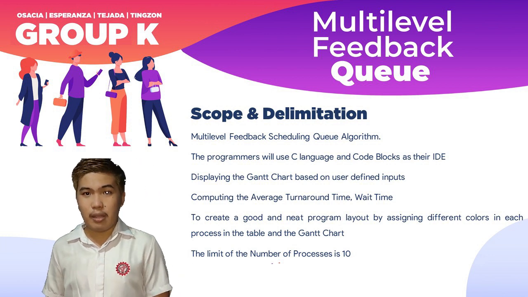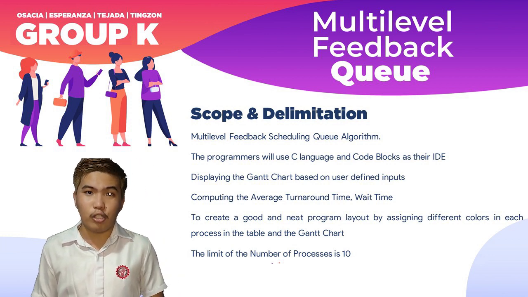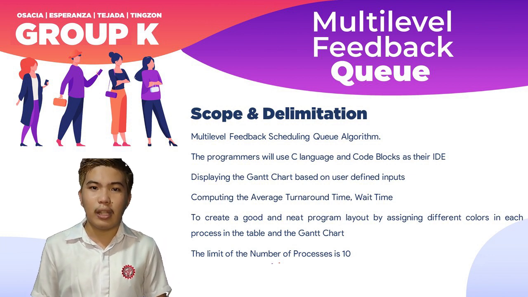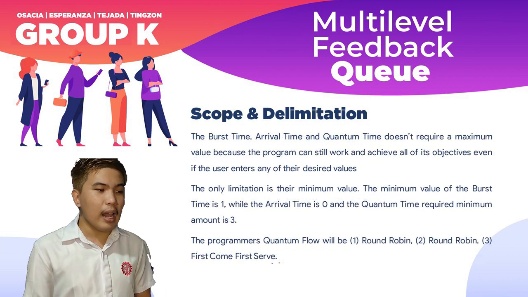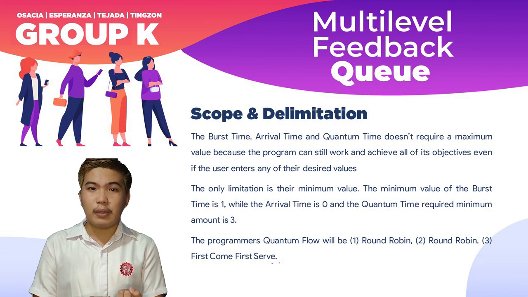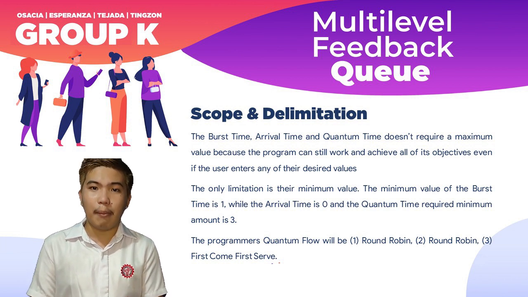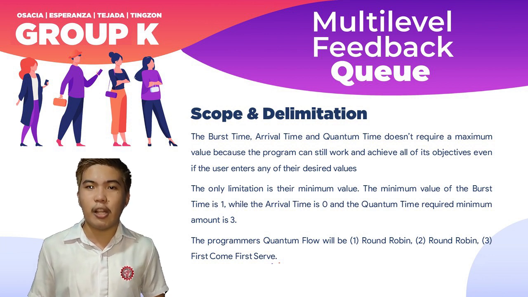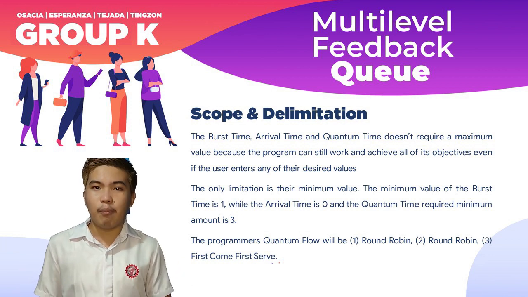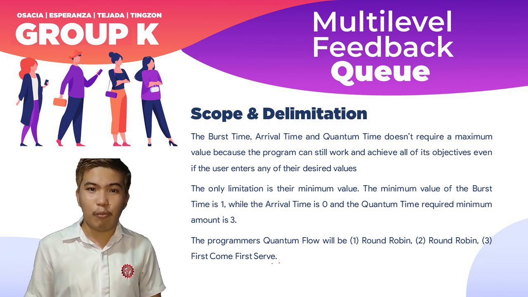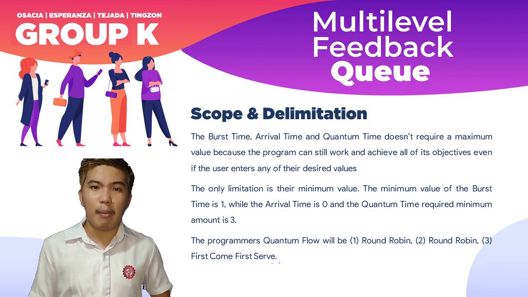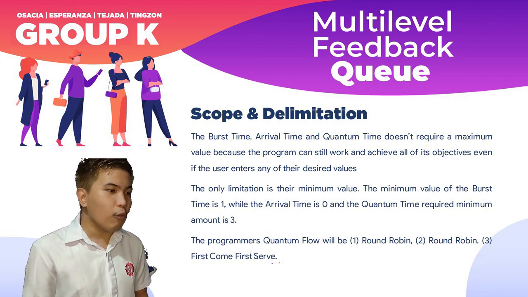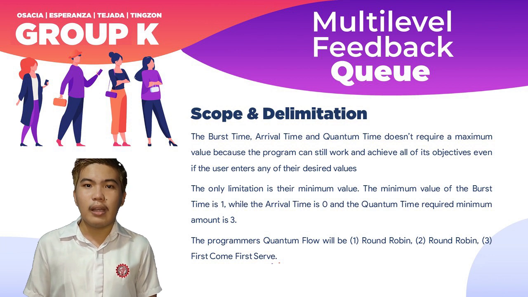This program is only limited to certain minimum and maximum amounts. For our processes, we only allow 1 as the minimum amount and 10 as the maximum amount. While our arrival time, quantum time, and burst time don't have maximum limitations, because the program can still work even if you input any desired amounts, they will still have a minimum amount. For the arrival time, 0 is the minimum amount, for the burst time, 1 is the minimum amount, and for the quantum time,